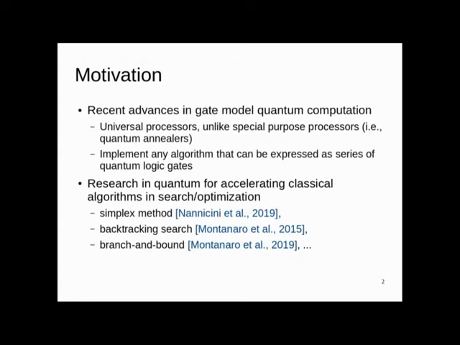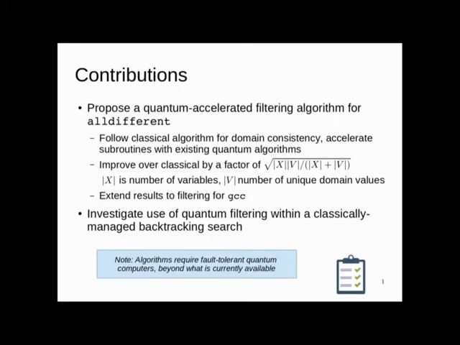So our group became curious to investigate if we could use gate model quantum computation to accelerate constraint programming. In this work, we propose a quantum accelerated filtering algorithm for the all different global constraint. Our algorithm follows the classical algorithm for domain consistency, however it accelerates the various subroutines leveraging existing quantum algorithms for graph problems. Our algorithm improves over the classical worst case complexity by a factor illustrated by this expression here, where